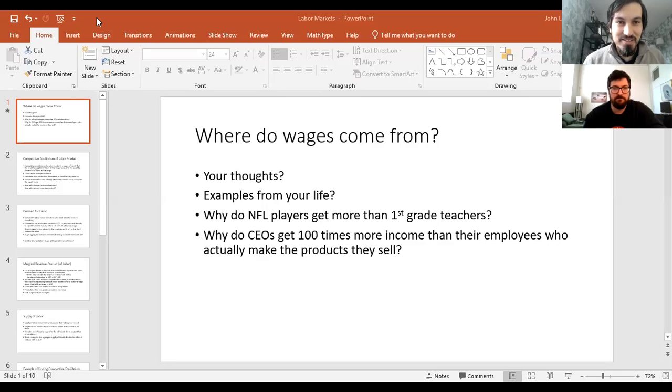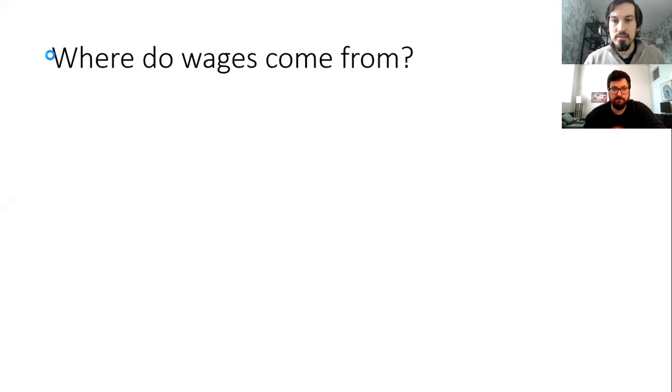And my first slide is, where do wages come from? And actually, I'd love for this to be a discussion, and there could be someone who already knows the answer. Everything I'm going to say today, they know. And I could just simply ask this one question: where do wages come from? And they could give me a complete answer that makes my whole lecture seem kind of pointless, because they already know the answer. I still want to go through the lecture, because it's revealing, and how we get to that answer is important too, not just what's the answer.